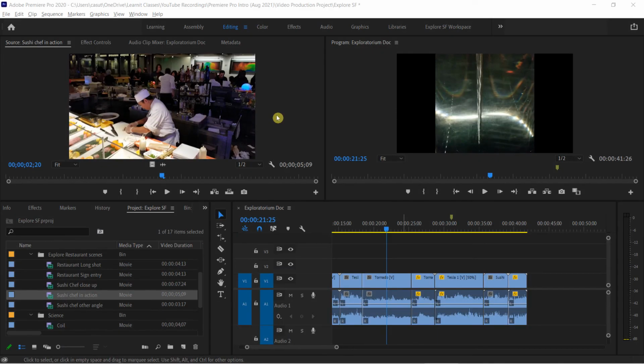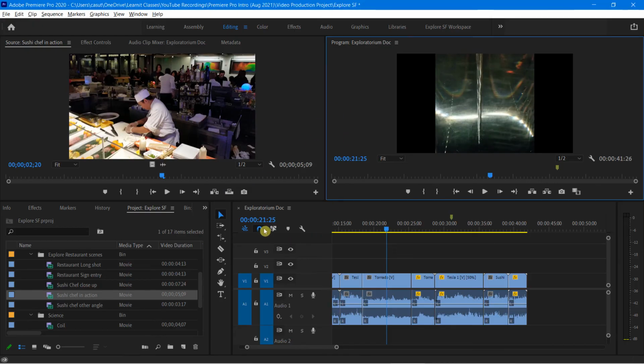In an earlier lesson, when we were discussing the source panel, we talked about both the insert and the overwrite tools. But now we're talking about the program panel and the timeline panel. So let's talk about its counterpart, which is these two guys over here. If you move your mouse over, you see we have the lift tool and the extract tool. They're essentially going to do something similar to what we've already seen from the source tool, where we bring it into the timeline, but this does its counterpart of taking it out from the